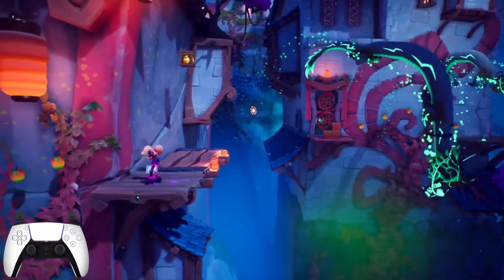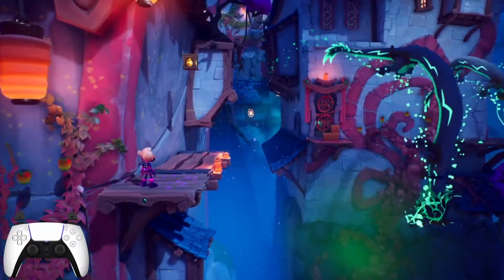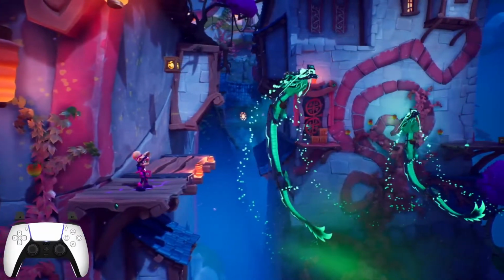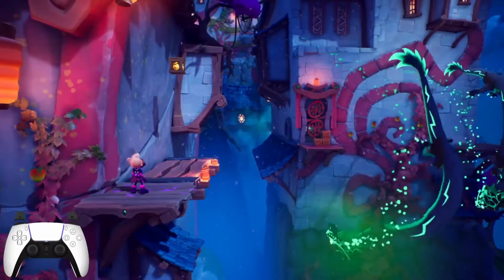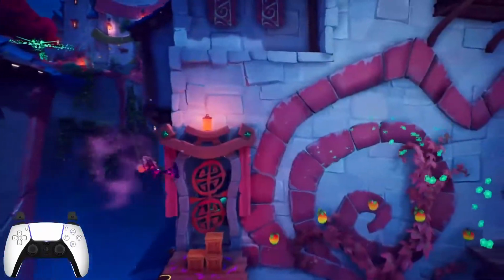Alright, so this is going to be a tutorial on how to do the Dragon on building skip in Crash 4 Any Percent on PlayStation 5, Xbox Series X, and Switch. The version of the skip that you can do on the PS4, Xbox One, and PC version of the game is not possible in the next-gen version and the Switch version of the game because